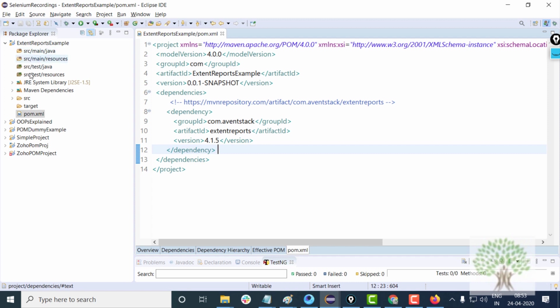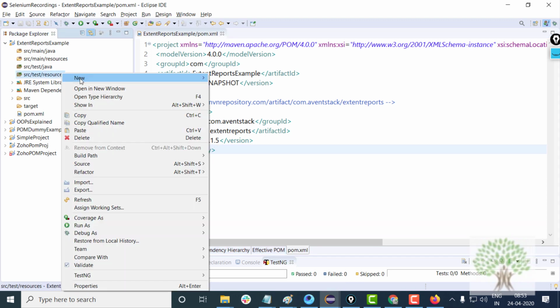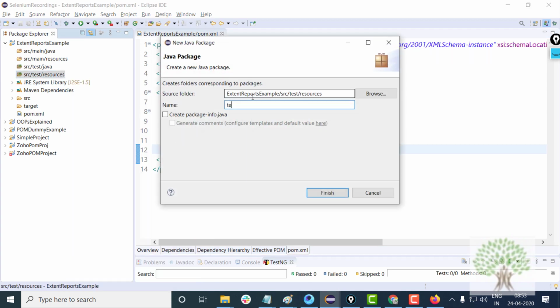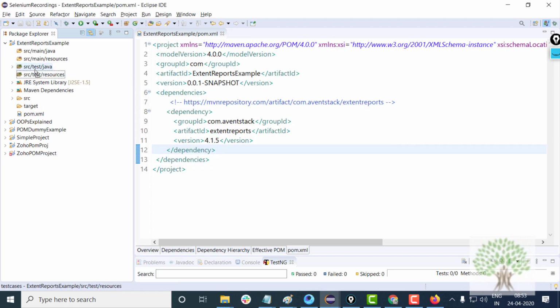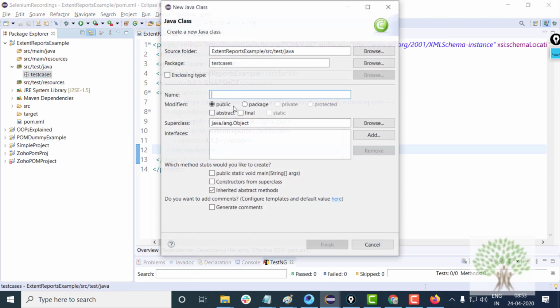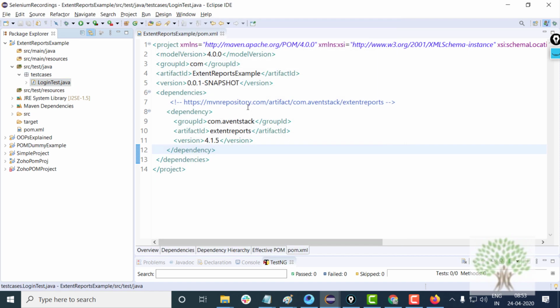All right, so out here in source test Java, I'll make a new package known as testcases, and under that I'll make a new class. Suppose I'll make a simple class like LoginTest.